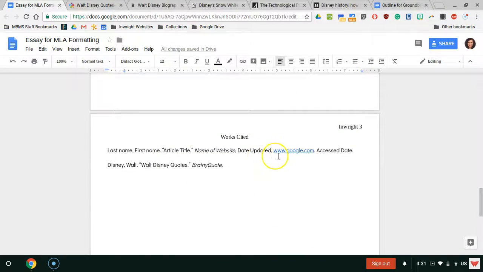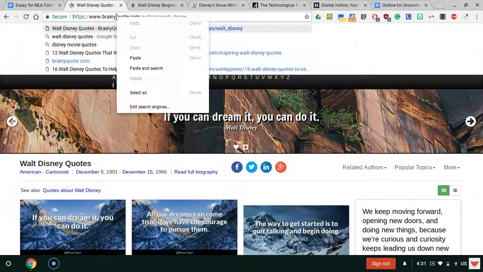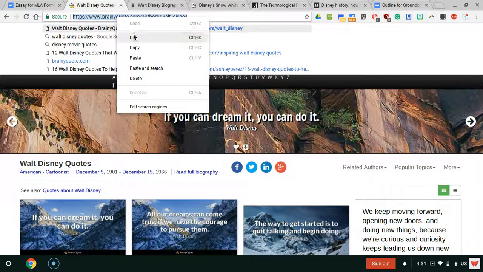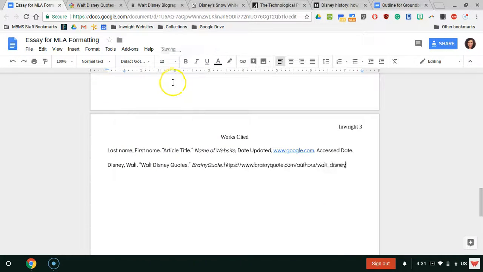And the next part is the URL. So I get that by highlighting all of that. And then I'm going to cut and paste. And if I put a comma and then hit the space bar, it should turn blue. Yep. And then I type out the word accessed. And I put the date that I accessed it. And if you're not sure the exact date you accessed it, just put today's date. So I'm going to put